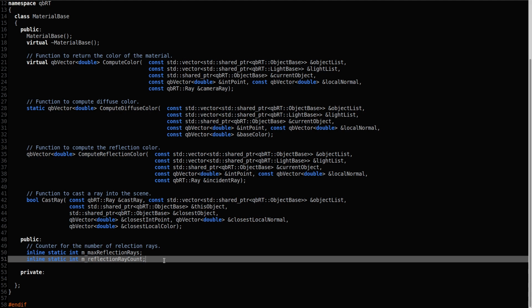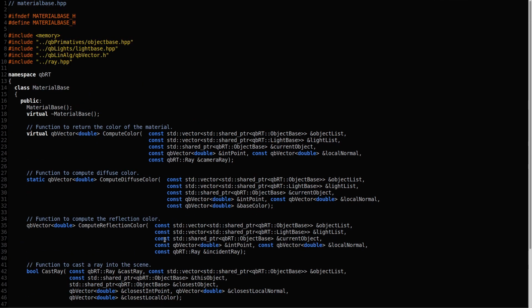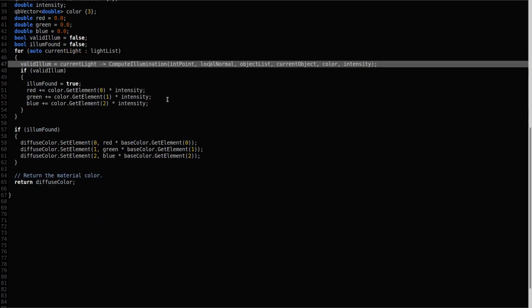It's like defining a static function. With a static function, we can refer to it without referring to a specific instance of the class, and that's the same with a static variable. Inline simply means that we can assign values to it. So that's pretty straightforward. So that's all that we need to change in Materialbase.hpp. So let's save that and go to